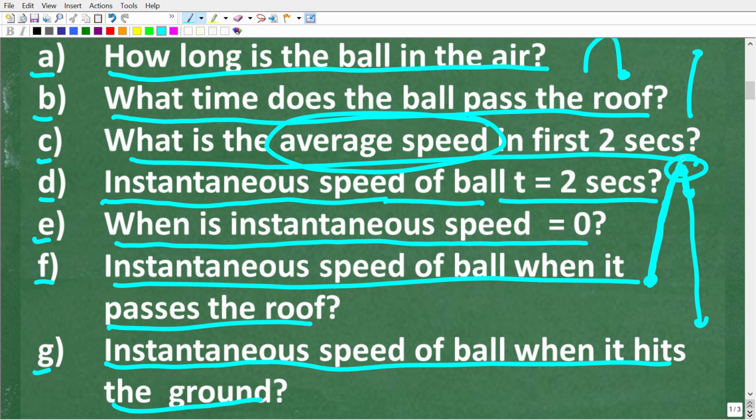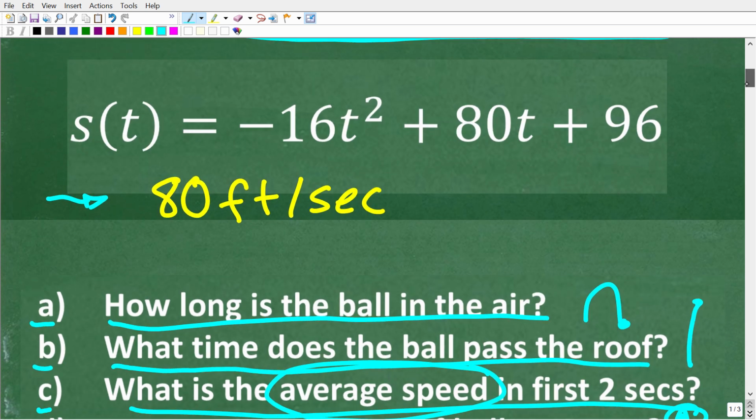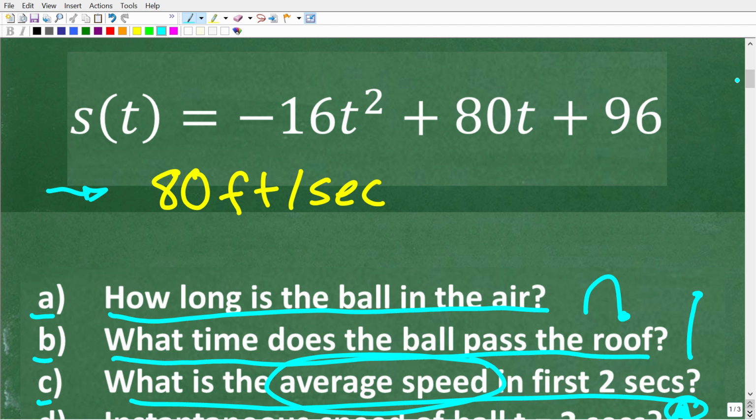So after the ball goes up and then comes all the way back down, right when it hits the ground, how fast is it going? Now, if you know calculus, this is enough information for you to figure this out. And of course, you can advance through the video to see the various solutions to these components or sub-questions, but I am going to break all of this down in such a way that anyone will be able